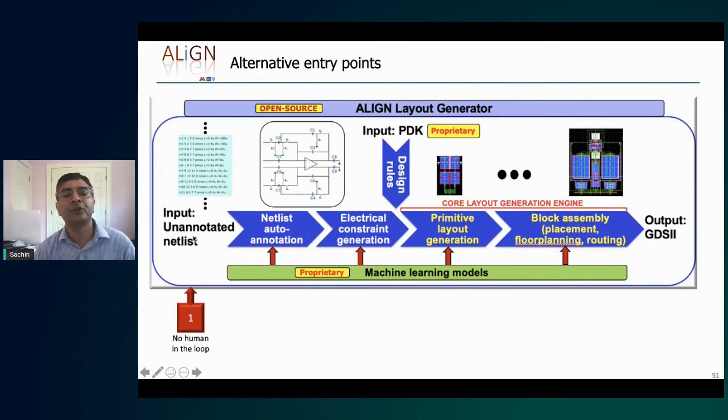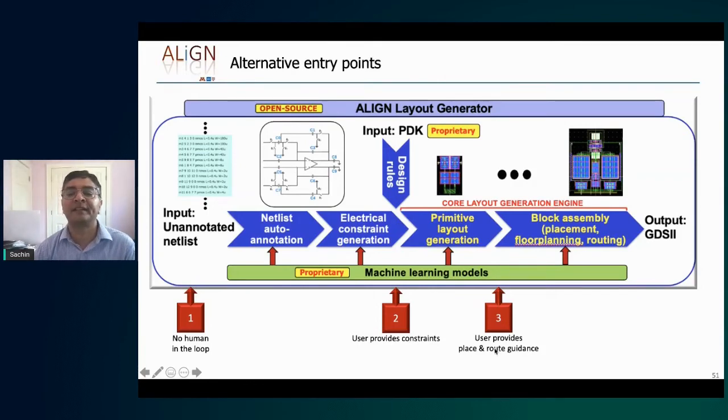The first one is no human in the loop. You send in this netlist, click a button, and you get the output. The second one was a situation where the user provides constraints over here. The third one was even more control, where the user provides constraints as well as specific place and route guidance.